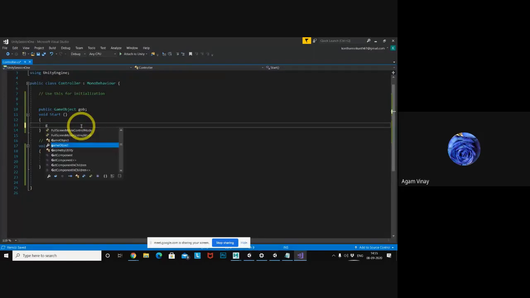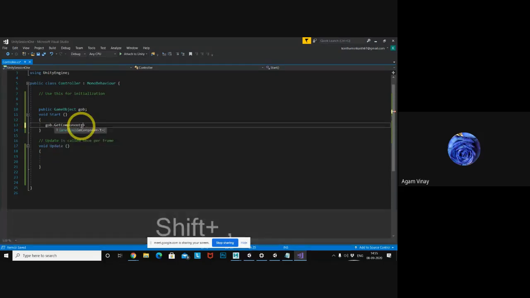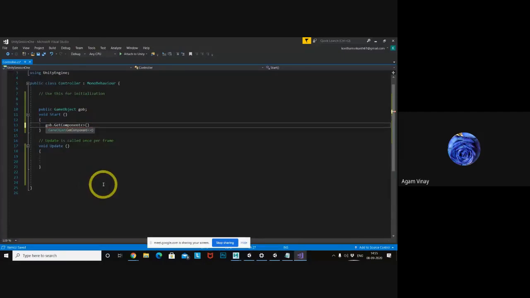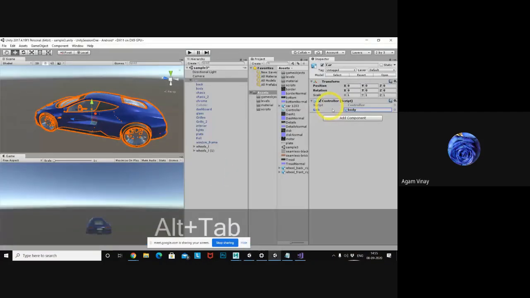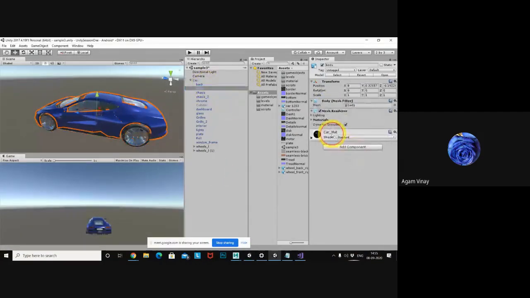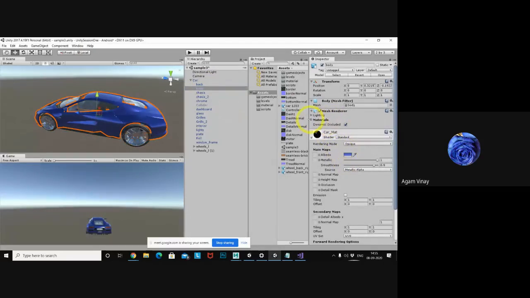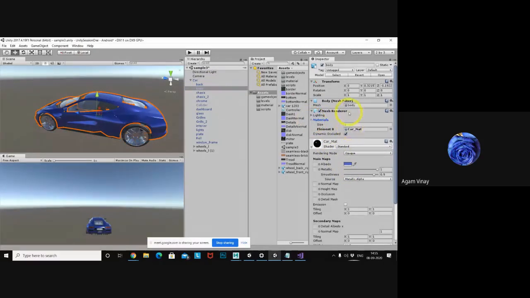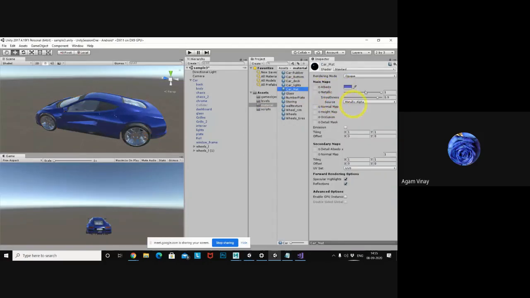So what will I do? GOB dot get component. What component do I need to access? Material I need to access. In Unity, the material is held by the renderer type. The mesh renderer consists of the Unity material, the car material, whatever is there.